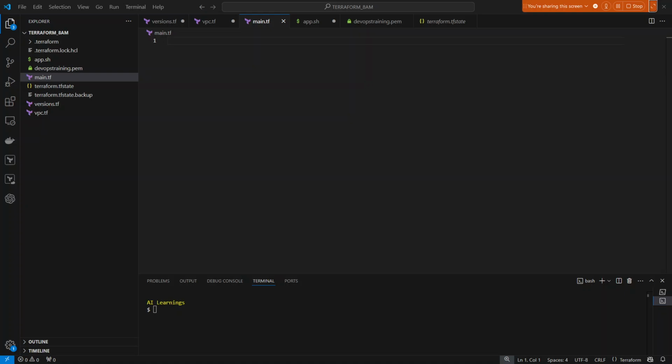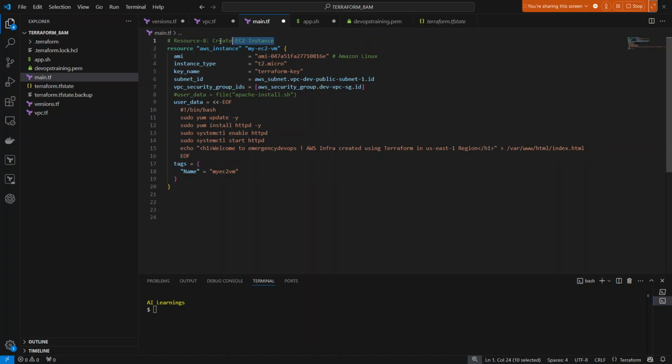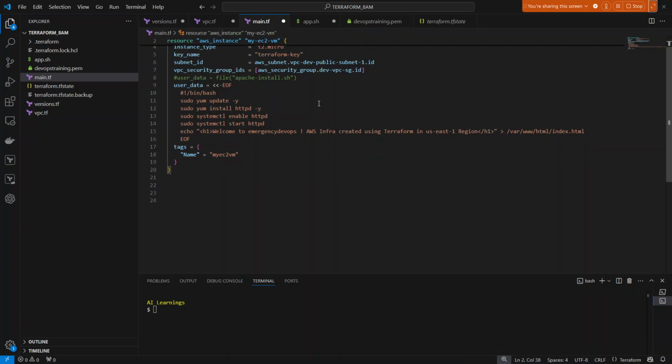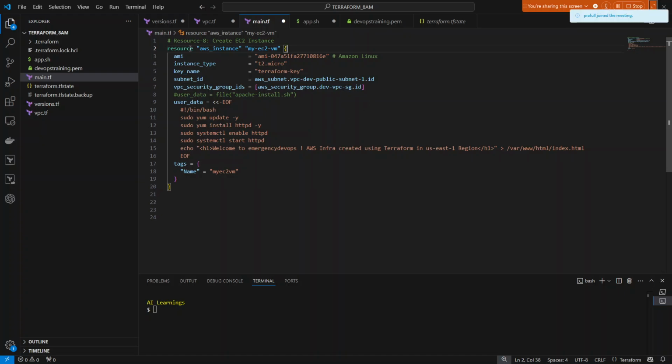create my resource. Always, main.tf you find in your organization, or in most cases, main.tf will be there for your main configuration. So let me go with the resource. Now if you see, resource aws_instance, and I have given an EC2 instance name, and I would like to change this AMI ID,